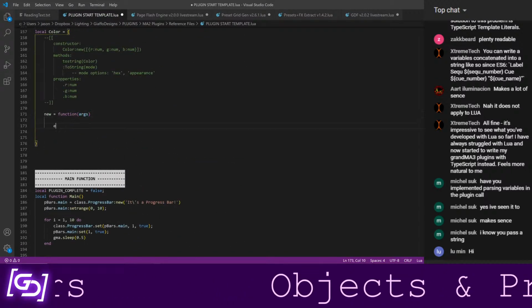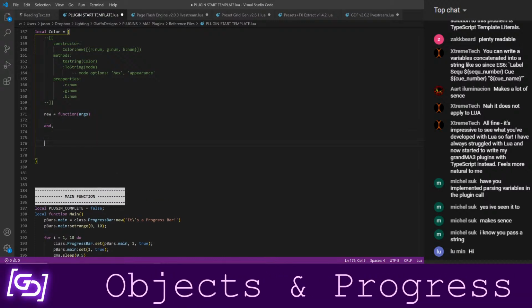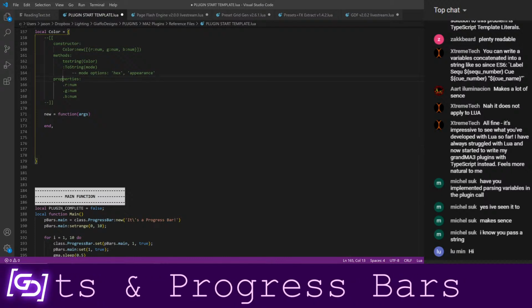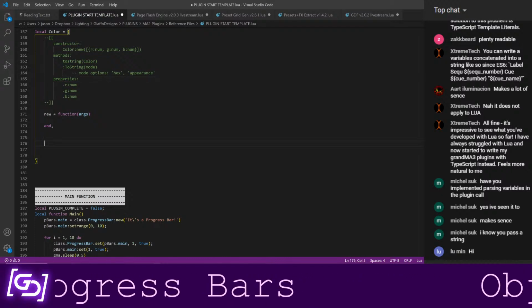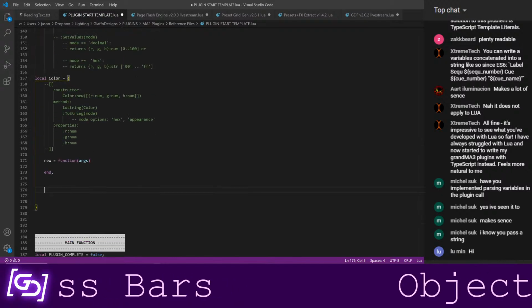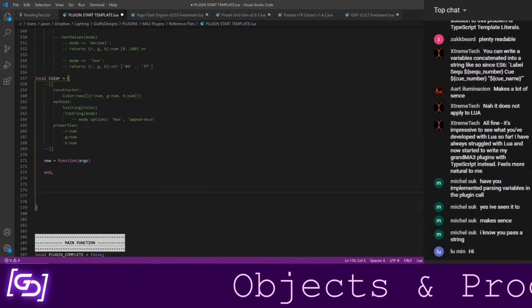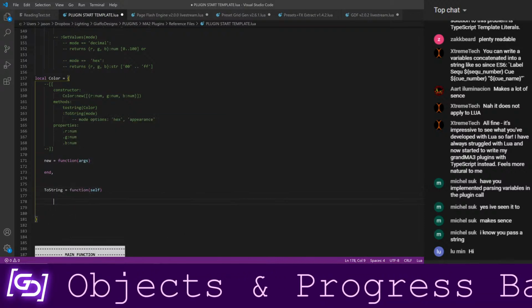Yep. So I'm going to call that as a function and say end. And I'm just going to go ahead and list out all of these things that we can do with it now. Tostring, I might actually have to come back to because I don't fully remember how to do that one, but I can say tostring equals function self end.